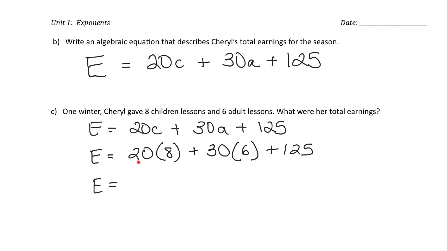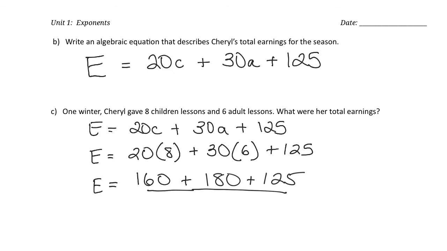So let's start with 20 multiplied by 8, which is 160, plus, and we've got another multiplication, and we have 30 multiplied by 6, which is 180, and then we still have this plus 125 hanging out at the end. Now we can add together all 3 numbers. So 160 plus 180 plus 125 is 465. So Cheryl's total earnings are